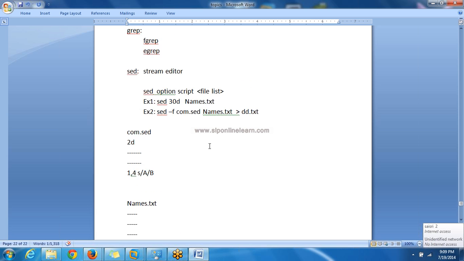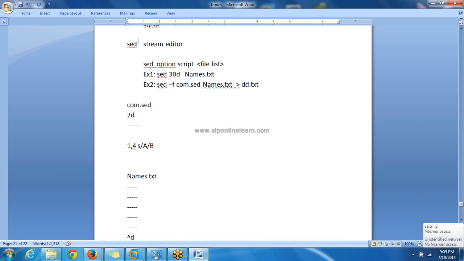Once again, a small quick preview. Sed is a stream editor command. Using this, we can do some editing operations on a file or files. This is the syntax of the sed command: sed space option space script space file name.